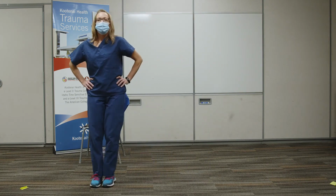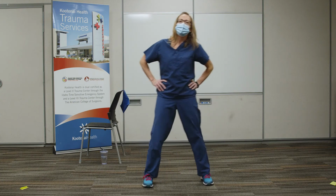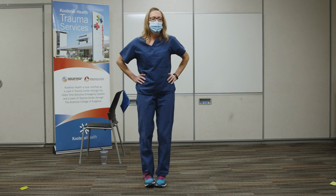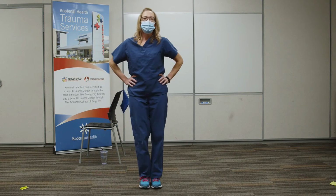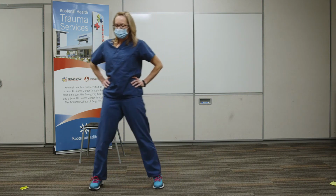Go as slow or as quick as you need, but the idea is not to tangle up your feet. Bring them together and apart. Together and apart. I'm just moving from center to right, back to center, and to left. We're going to throw in a little reach here